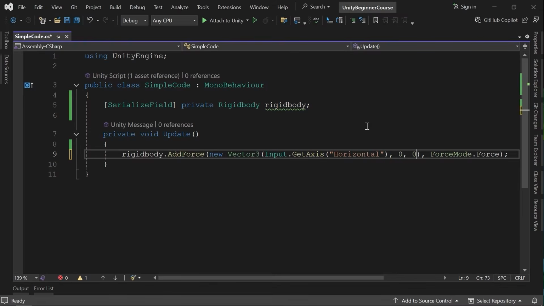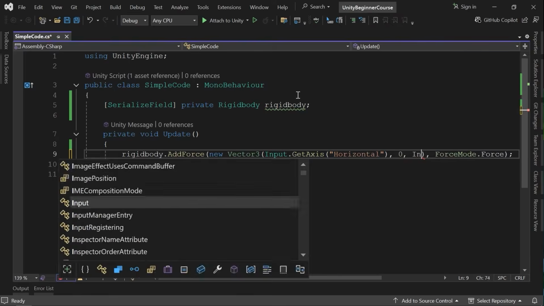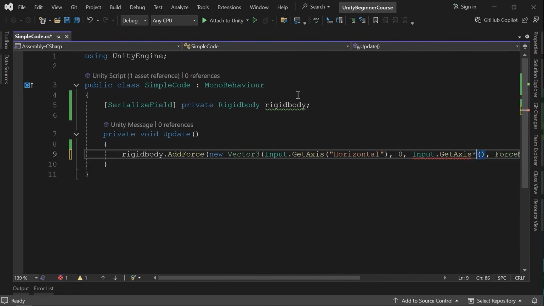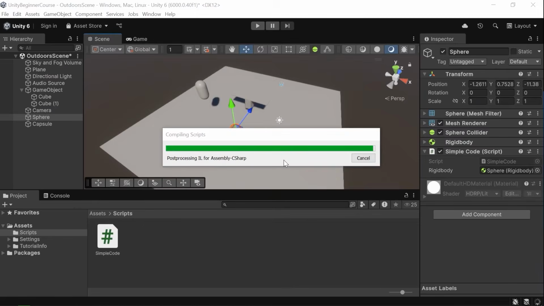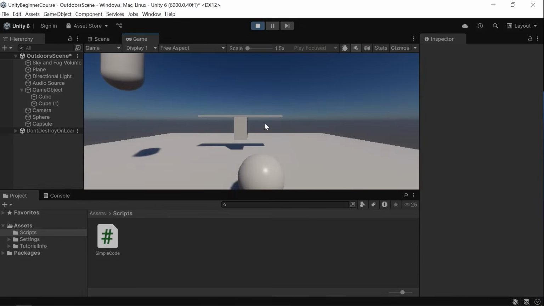Horizontal. And for the Z, which is this axis, we can get the vertical. And let's see how we can control the sphere using the keyboard keys. Right, in the game, I press W, and as you can see, we have an object movement, but it's different. And here, if I release the W key, as you can see, our object is still moving because it has physics applied